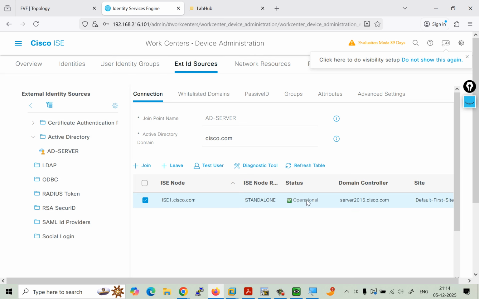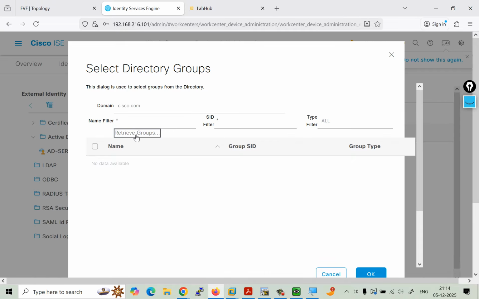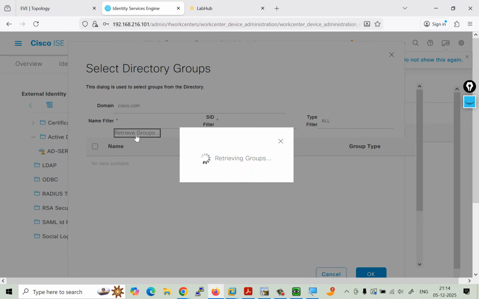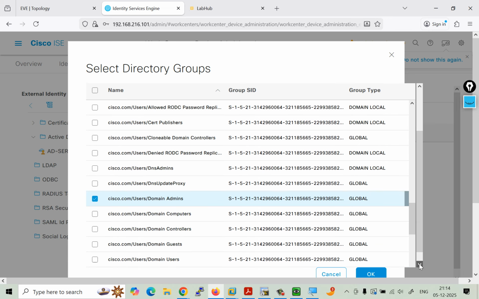So now we can see the device is operational and this is our domain controller, right? Now if you want to check which groups you have, here is the groups option and you can add the groups. We are trying to retrieve all the groups from the AD server to ISE. So you can check the retrieve option. It will give you all the groups, and you can use the ones you need. Here we need the domain admin group. You can choose this one and after that,